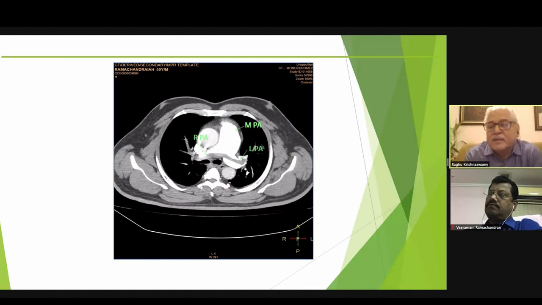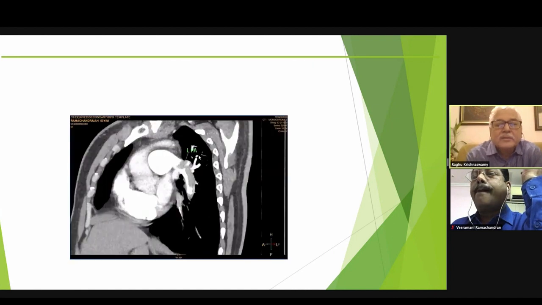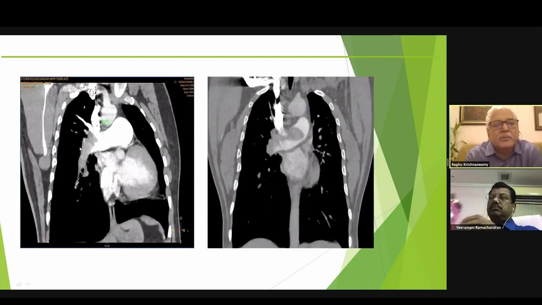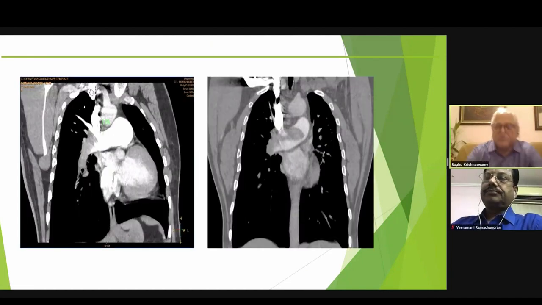Now, when I did a CT the same day, I found that he had a clot in the LPA as well, and this is the layered clot stretching into the left pulmonary artery. And if you see the CT here, this was what I could pick up by the transesophageal echo. This was the clot which is seen in the contrast CT of the right pulmonary artery. And here is another cut showing the same clot in the right pulmonary artery. So with this, the diagnosis of pulmonary embolism was made, but I was not really sure why he had it.